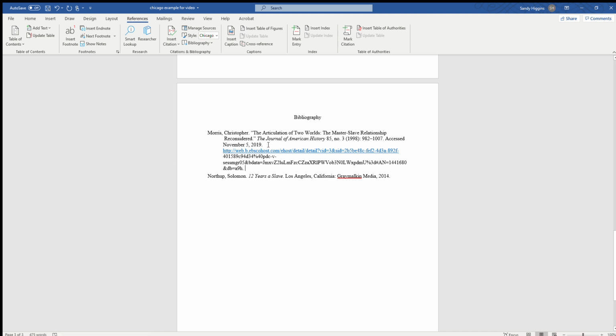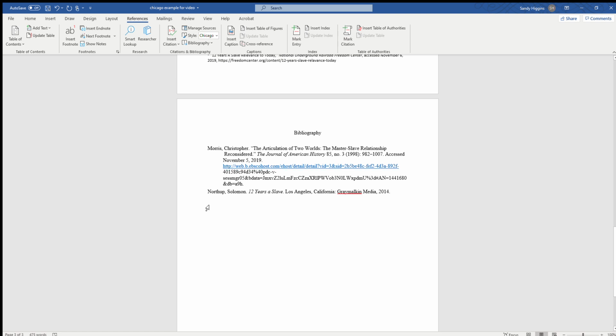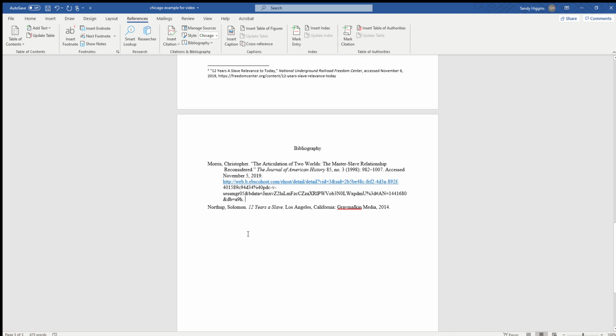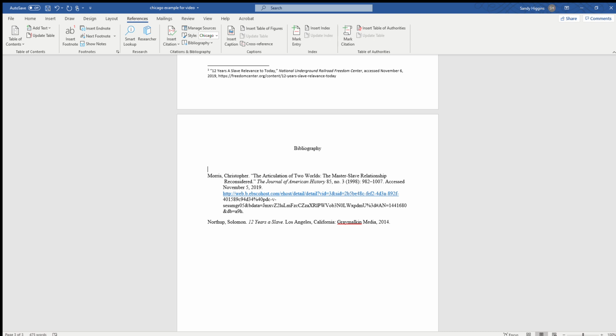Again, access on November 5th. Notice that the first line is not indented, but the rest of the lines are indented, and we are in alphabetical order. Now, our second publication, our third source, will also be similar to what it was like here, but we're going to use periods instead of commas. So it's still going to be